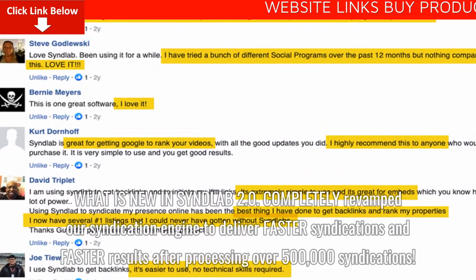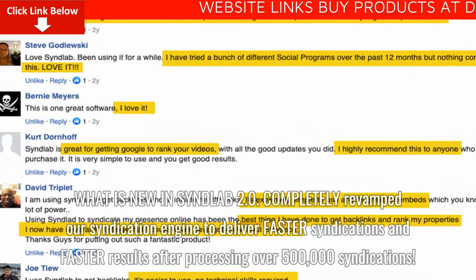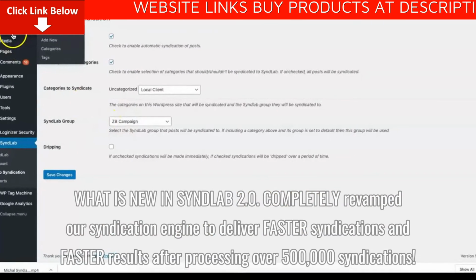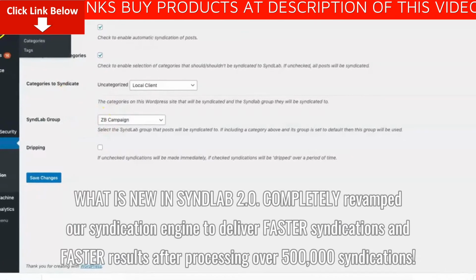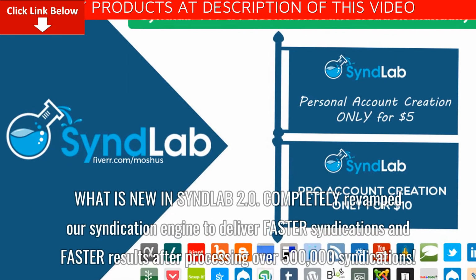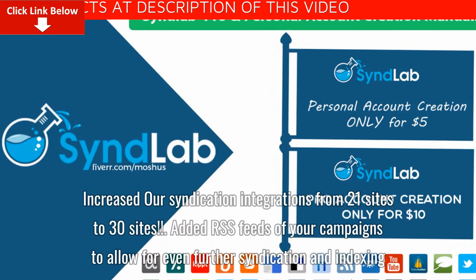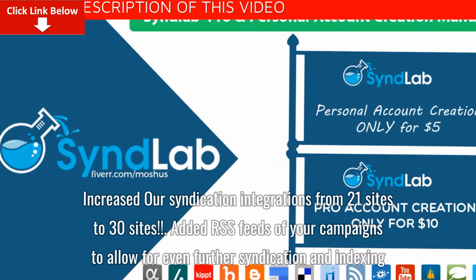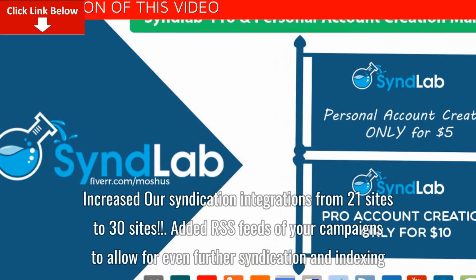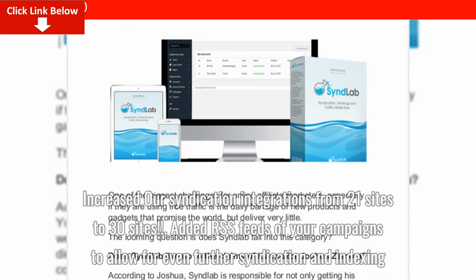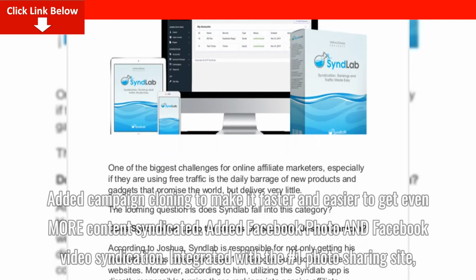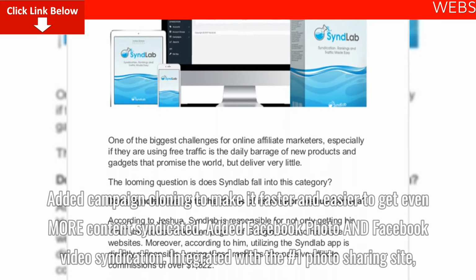What is new in SyndLab 2.0? Completely revamped our syndication engine to deliver faster syndications and faster results. After processing over 500,000 syndications, increased our syndication integrations from 21 sites to 30 sites, added RSS feeds of your campaigns to allow for even further syndication and indexing, added campaign cloning to make it faster and easier to get